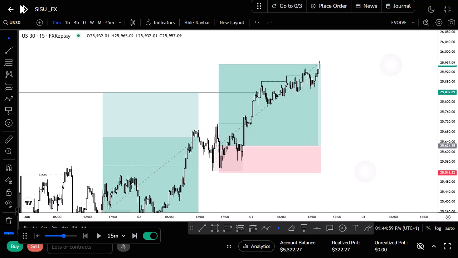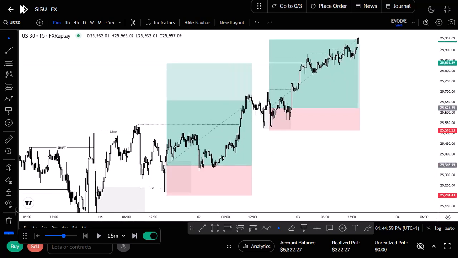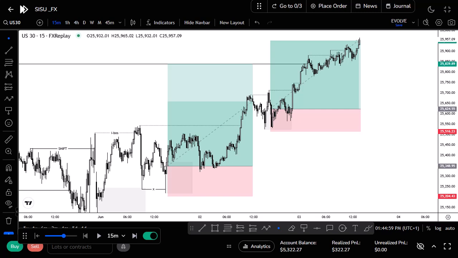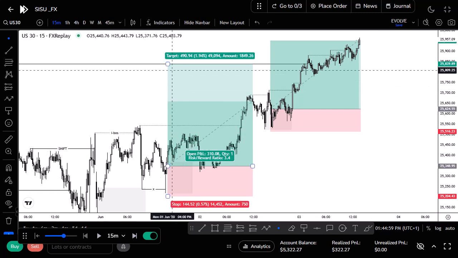So as a beginner, I will always advise you, or as someone that wants to be trading, I will always advise you to go for objective targets, highs and lows. That is an objective target, right? At the particular time that price is right here, when we break this high, the objective has completed.